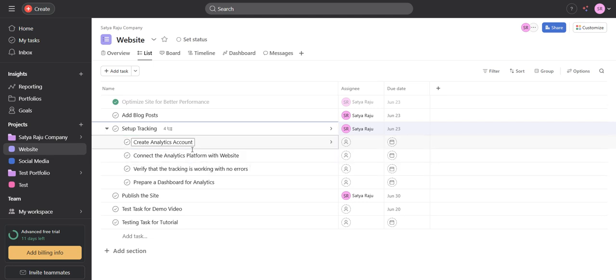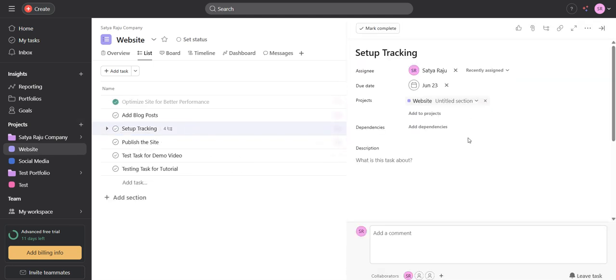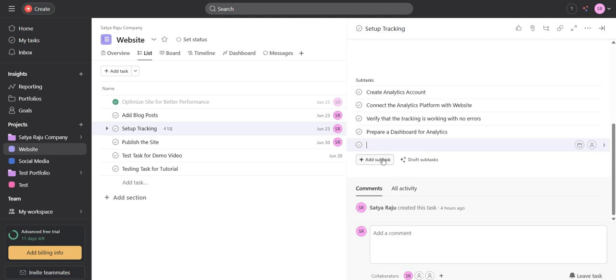As you can see, I mentioned all these subtasks, and you can find that option here. As you can see here, once you open this, there is an option called add subtask. So say like confirm, send confirmation to client